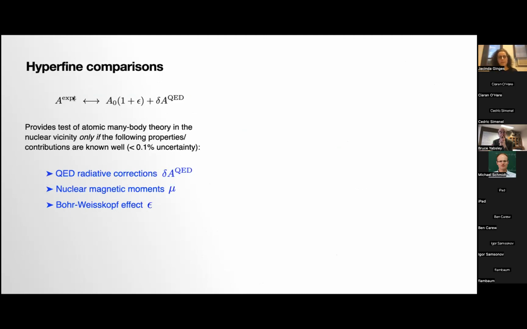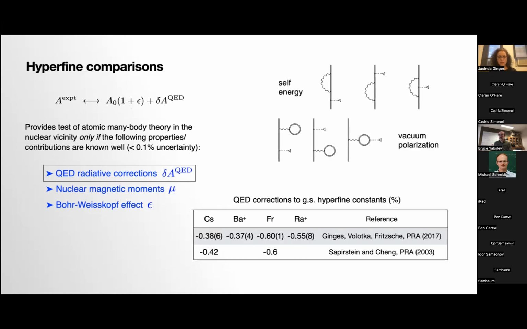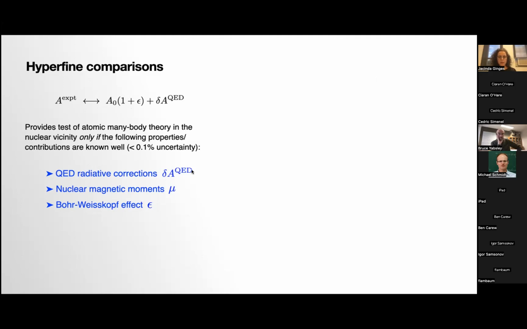So that means that if you're going to compare the experimental value for the hyperfine constant, which describes the level of splitting in the hyperfine structure, to a calculation in an atom that's done here, then you can only do an effective comparison of that. And because we're wanting to test our theory and go to the level of 0.1%, we need to be able to understand these various properties to better than 0.1% in such a comparison. We need to then be able to know, I'll just say quickly, the QED corrections, the nuclear magnetic moment, the Bohr-Weisskopf effect; they all need to be understood to better than 0.1%.